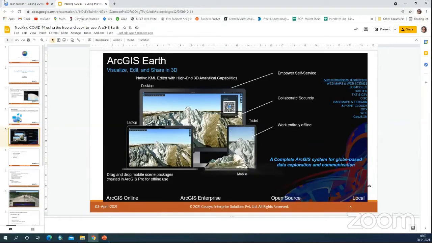Here we can use the native KML editor with high-end 3D analytical capabilities. We can collaboratively use the data which is already available in the ArcGIS Online platform or in your Living Atlas. It is basically a complete GIS system for globe-based data exploration and communication.